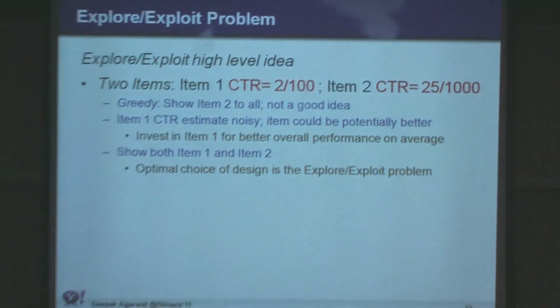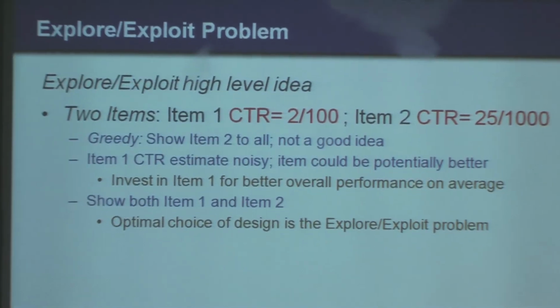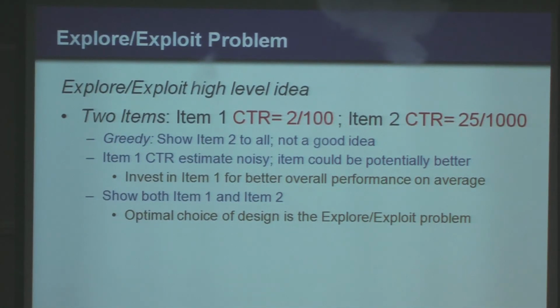Okay, great. So now the first thing I want to convince you of is that this is what is called an explore-exploit problem. What do I mean by that? In order to understand this, imagine you have only 2 items in the pool to select from. Let's say you don't want to do any personalization. Let's say item 1 has a CTR, or click-through rate, CTR being a very common term used on the web, of 2 in 100, right? So this article was shown 100 times, it got 2 clicks. The second article was shown 1,000 times, it got 25 clicks, right?